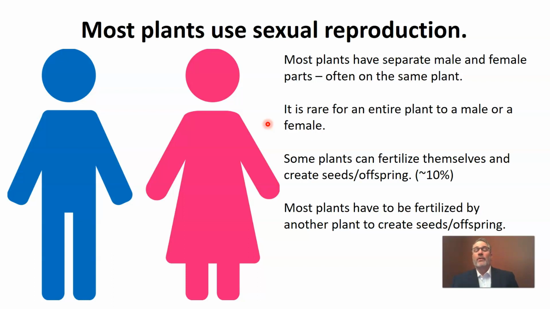If so, to create seeds or the next generation, their offspring, most plants have to be fertilized by another plant. Now, of course, if you're a plant, this presents some pretty difficult problems to solve. You can't move around your environment to mate with another plant. So, plants have got some strategies, some adaptations that they rely on that allows them to produce the next generation. But the most important thing here to remember is plants actually have male and female parts, and they use sexual